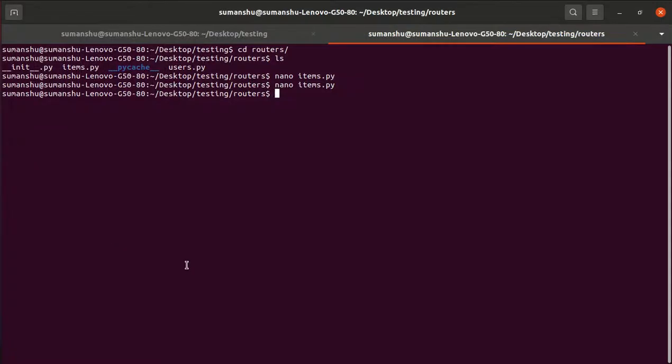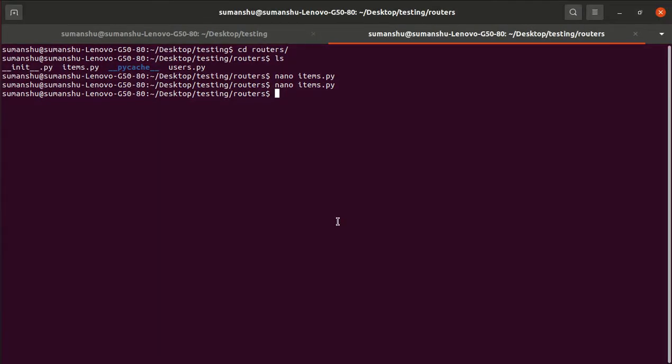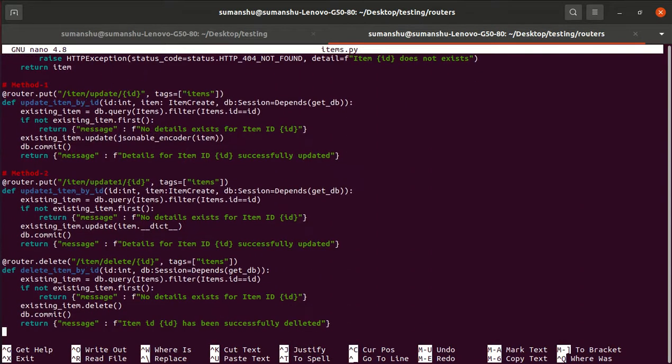So this is not the right approach, but as part of this video our motive is to show how to perform the delete operation. In the coming video, when we apply authorization and authentication functionality, we will refactor this delete code again. Okay, so that's all. That's the end of the video.